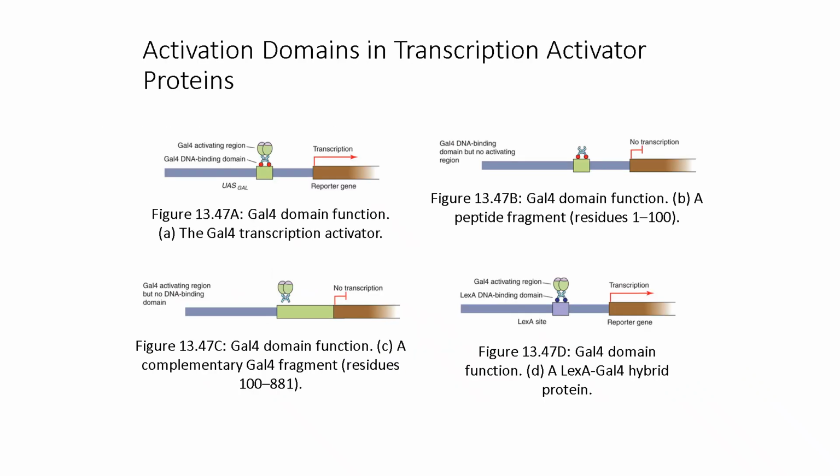This figure dissects the functional regions of Gal4. It shows full-length Gal4, a peptide fragment containing residues 1 to 100, the complementary residues 100 to 881, and a D-Alexa-Gal4 hybrid used in functional studies. These experimental constructs reveal which regions are essential for DNA binding, dimerization, and activation, helping define the modular nature of